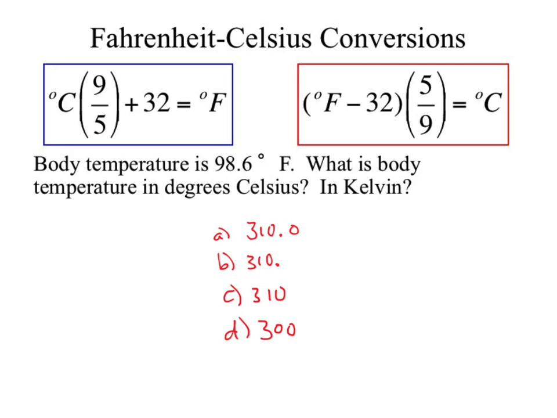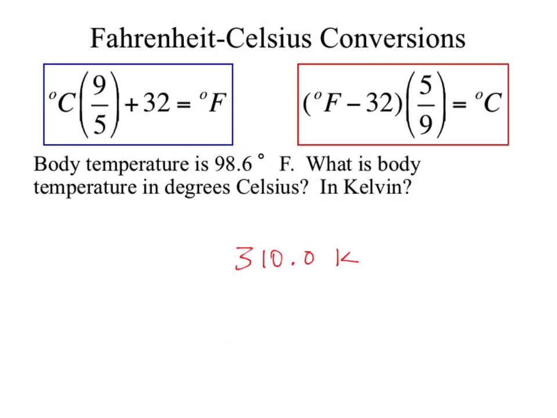How could you more trickily be asked about Sig Figs? If it's a free response. Because now you go through all of that work, and if you box at the end of that and say, well, your answer is now 310.0 Kelvin, you've done the mathematics right, you've done the conversion right, but you screwed up Sig Figs. So if that was a 5-point question, you may have just gotten 4 points out of 5, because you've shown that you don't understand the Sig Fig rules. Make sense?